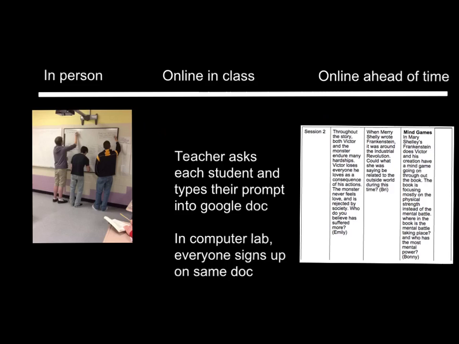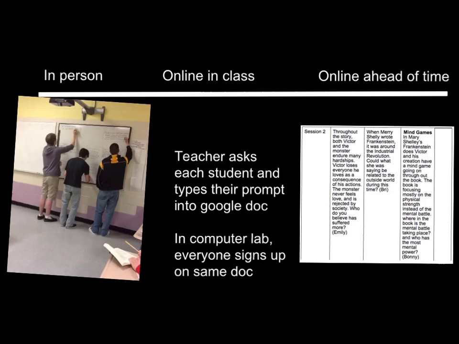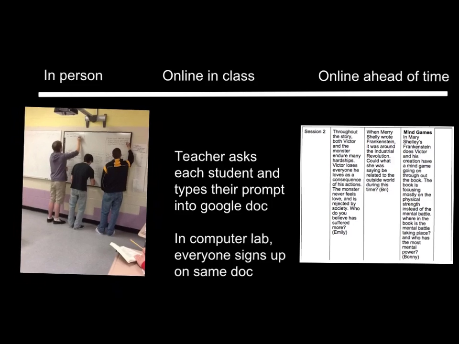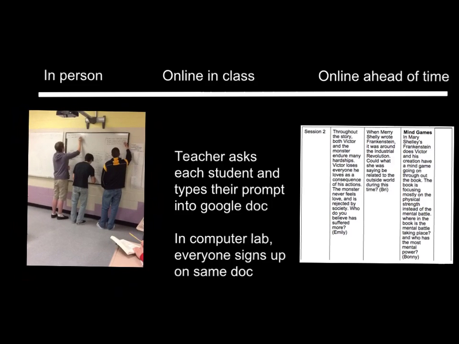All right, so now with a space to talk and things to talk about, you have to make the schedule. You have to say, okay, this is run like a conference, so we have these different sessions and we have the conversations within the sessions. So you can make the schedule in person. I've done that on the whiteboard, right? You've had these students who go up to the whiteboard and actually write in what their session topics are going to be. If you are online in class, so say you're all in the computer lab or you have some sort of access to technology,